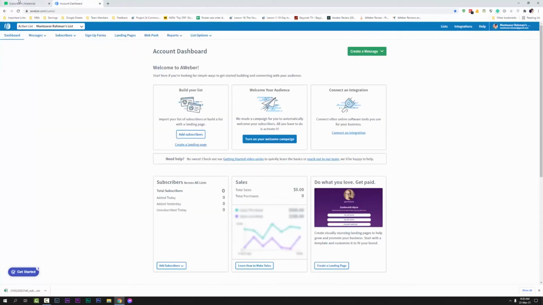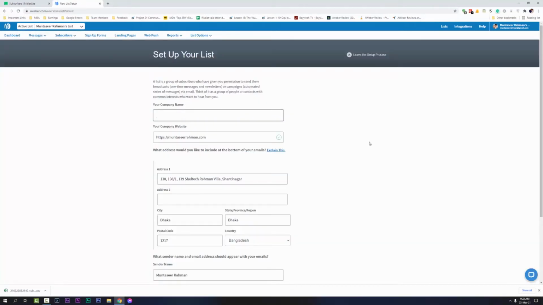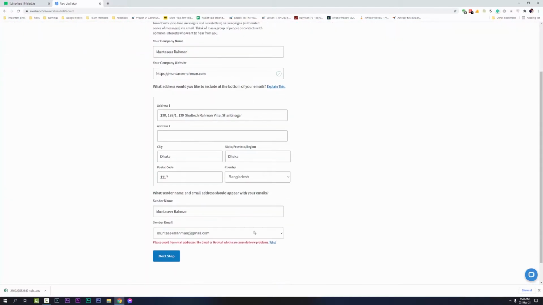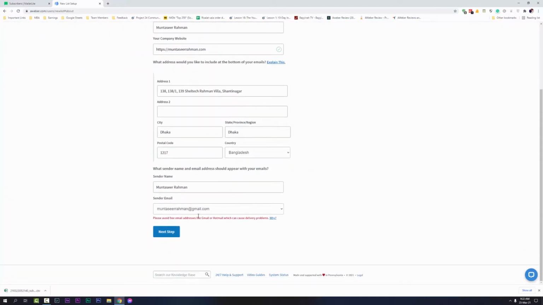Now in Aweber, I like to create a separate list for each of my websites. So for this one, I will create a separate list, and for that I will just first click here and create new list. Okay, now that we are here, first we will choose your company name. I just keep it my name, and then your website and other stuff. You will just put all of this, and here you will put your email.